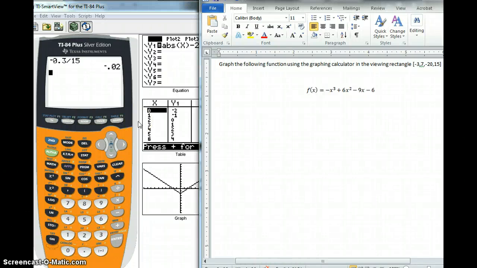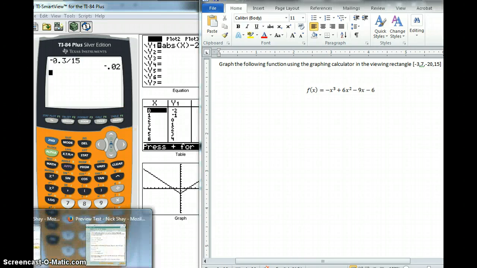Okay, this is going to be the first of a two-part video. Unfortunately, I can't do the graphing calculator piece and do the rest of this problem. But what I'm going to be doing is going over